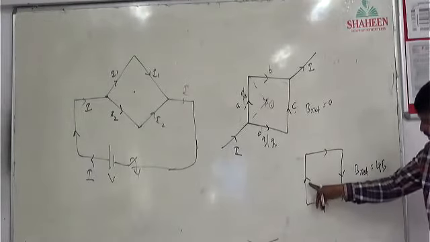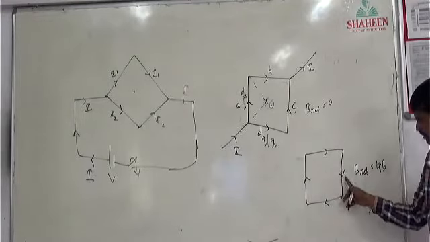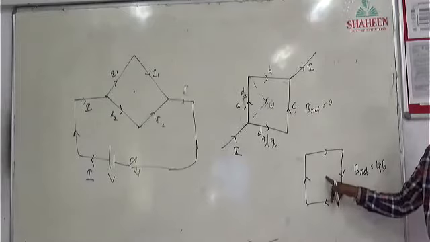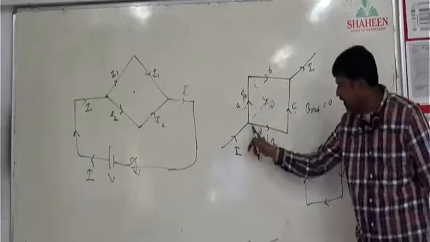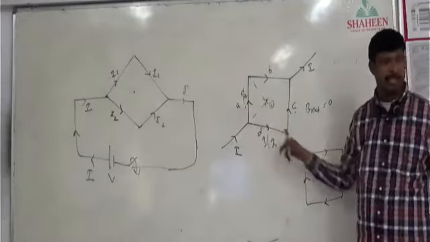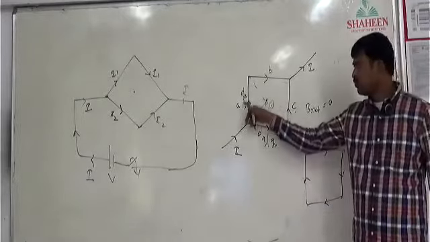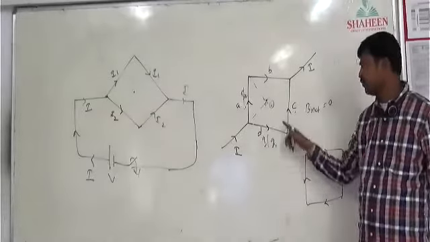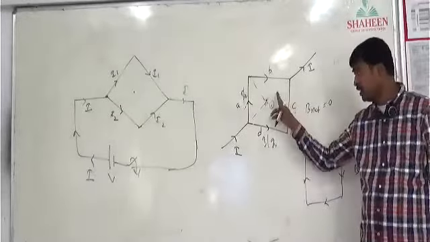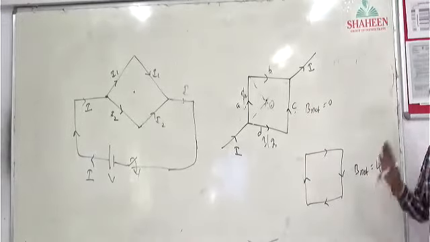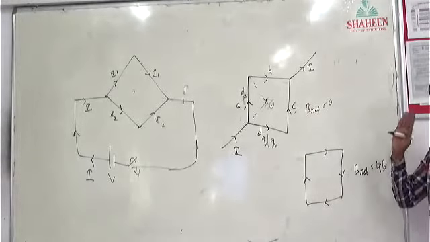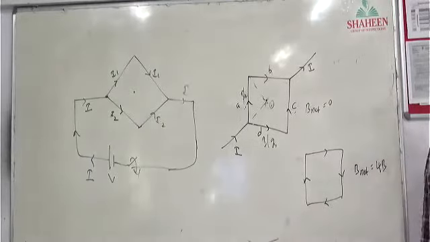Because see, the current here is inward, for this also inward, this also inward, because the current flows the same way. But in the other loop the current divides, and that's the reason the direction of current comes reversed. So these two wires' magnetic field is cancelled by these two wires' magnetic field. Net magnetic field in that loop is 0, but here not 0. So you need to take care about how the direction of current is entering and leaving also.